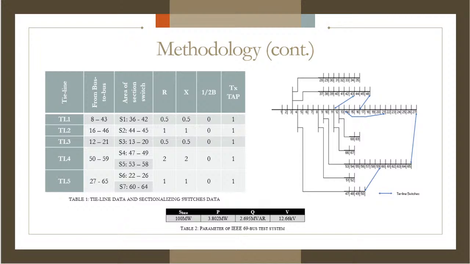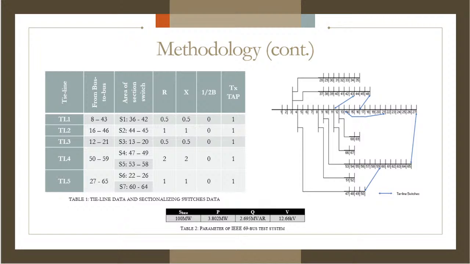Tie-line 3 is located between bus 12 and bus 21 having one sectionalizing switch. Tie-line 4 is located between bus 50 and 59 having two sectionalizing switches, and tie-line 5 is located between bus 27 and 65